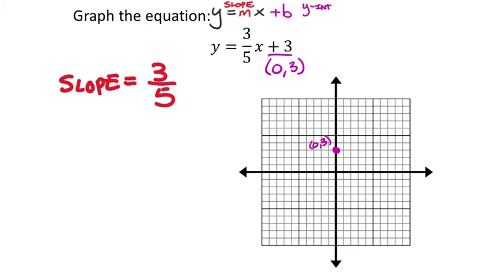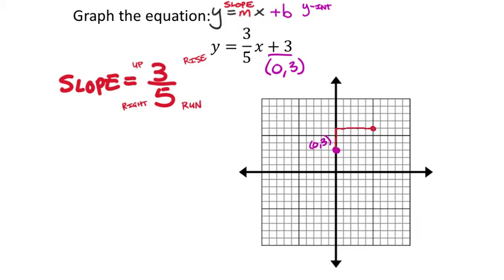Okay, so we see this as a fraction, and just as a review, hopefully you remember that the top number, the numerator, is the rise, the denominator, or the bottom number here, is the run. So since both of these are positive, the rise, which is up or down, 3, is positive 3, so it's going to be up 3. And then the run being positive 5 means we're going to go to the right 5. But it's from that ordered pair we've already put on the graph, 0, 3. So from there I go up 3, 1, 2, 3, and then to the right 5, 1, 2, 3, 4,